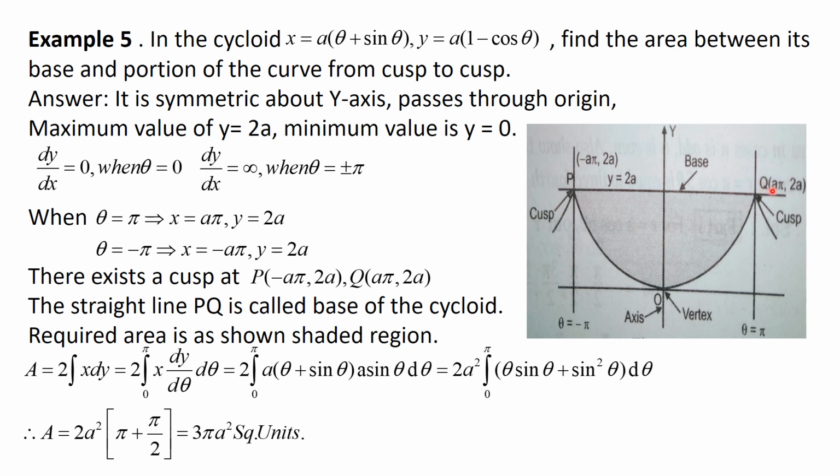So the coordinate comes out as (aπ, 2a). So this represents our x-axis with a π distance, and this is our y-axis with the distance equal to 2a. So look at the point Q, that is (aπ, 2a), where the tangent is parallel to the y-axis. Due to symmetry, we can consider theta equal to minus π. So for theta equal to minus π, x comes out as minus aπ. The value for y is the same, that is equal to 2a.